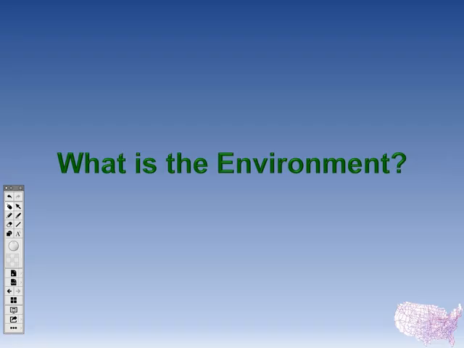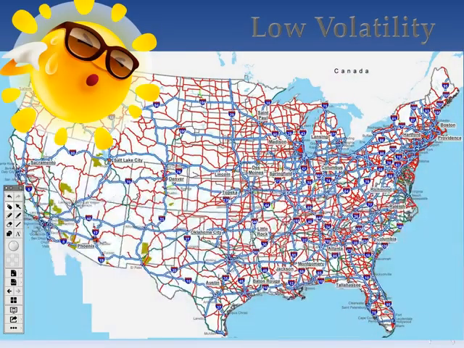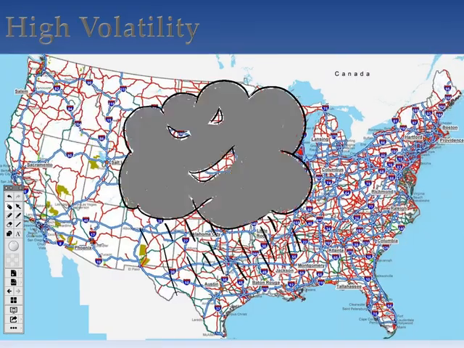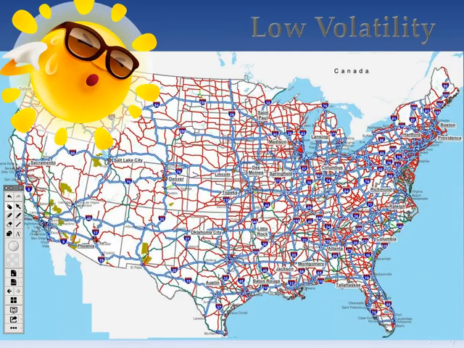Now, we have to figure out what the environment is. What's going to affect us going to Lyft on our way out there? One way to think about it is, if it's sunny, the roads are clear, you've got clear visibility, there's low volatility, right? We can look at rain and thunderstorms and sleet as high volatility. The pressure's up. So if it was high volatility, I might want to beeline it there, take the shortest road, get there as fast as I can. But when it's sunny out there and I'm heading over to Lyft,